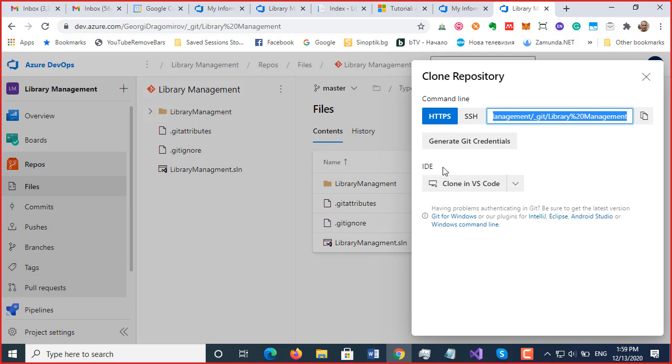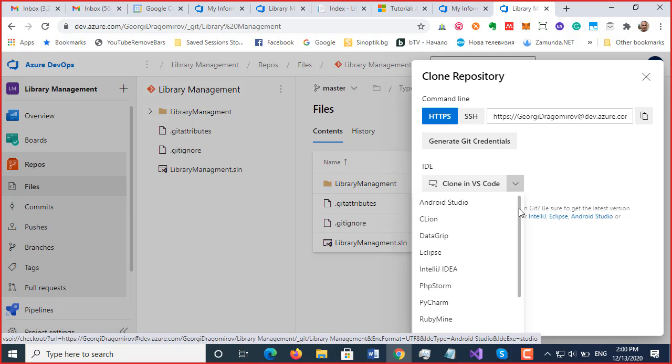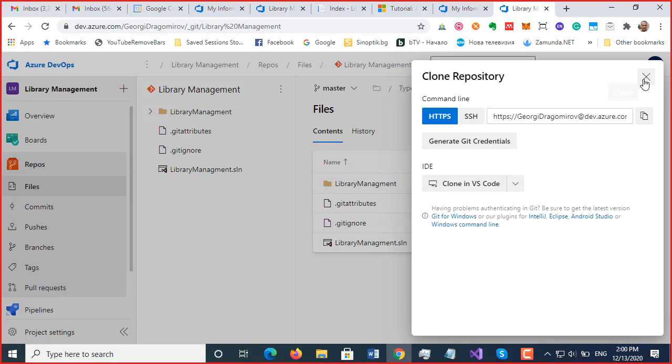And look at this. You can clone it directly into Visual Studio Code, or look how many IDEs. You can clone it in Android, CLion, which I don't even know, DataGrip, Eclipse, IntelliJ IDEA, PhpStorm again from JetBrains, PyCharm, sorry, Python, RubyMine, Tower, Visual Studio, and of course I have chosen Visual Studio. It launches Visual Studio